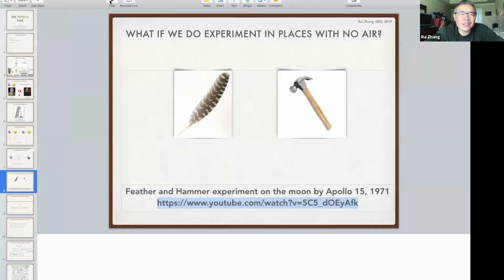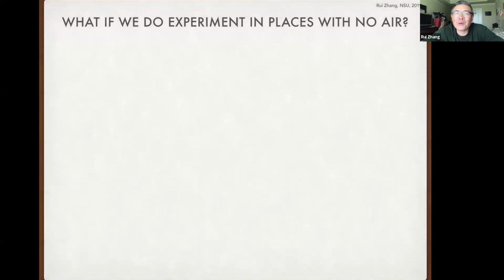It's very, very cool. You go to the moon and you do this simple experiment, and because there's almost no air on the moon, since the moon has a way smaller gravitational field and cannot hold the air around it, you can do this experiment there. Amazingly, the feather and the hammer fall at the same rate, at the same time. So Galileo was right. And the second part we talked about was that it is indeed from the air.